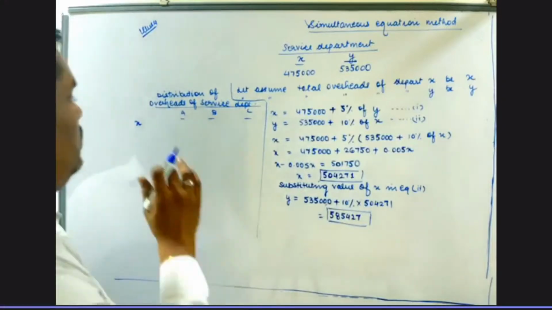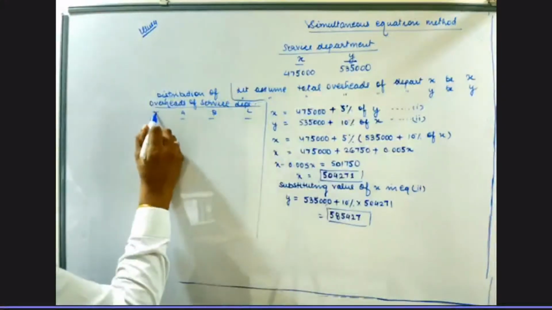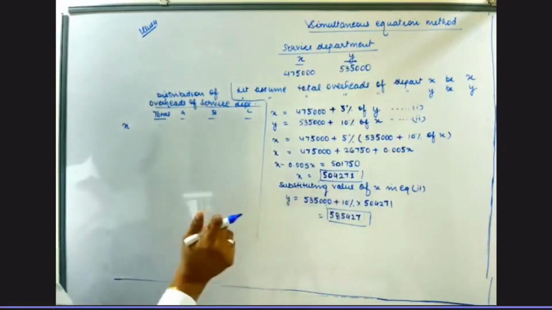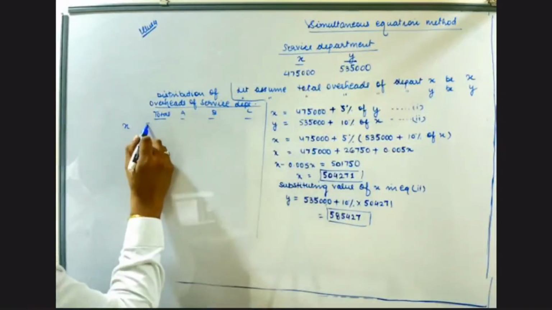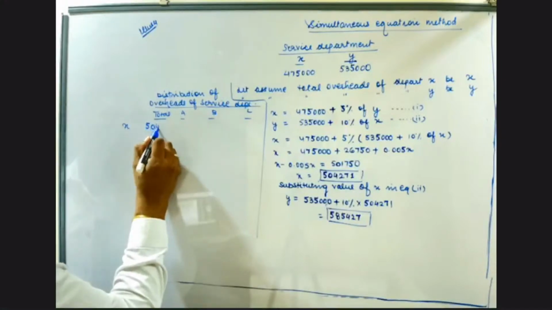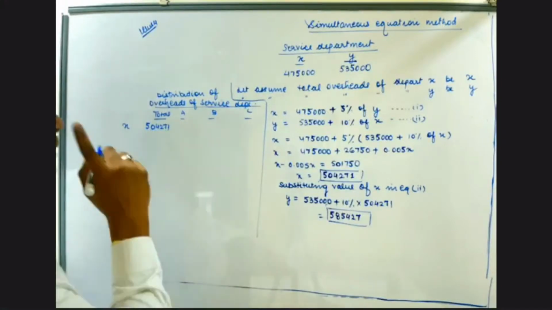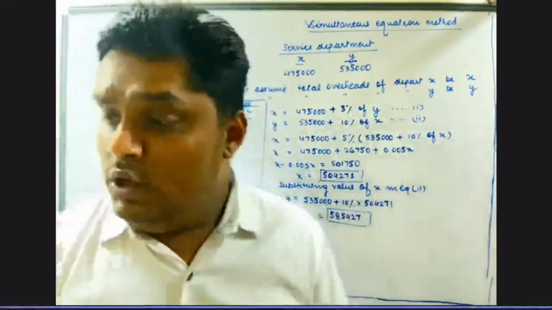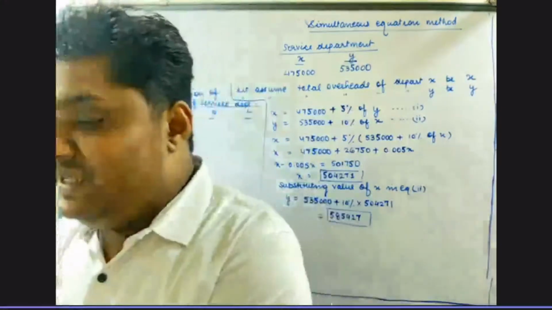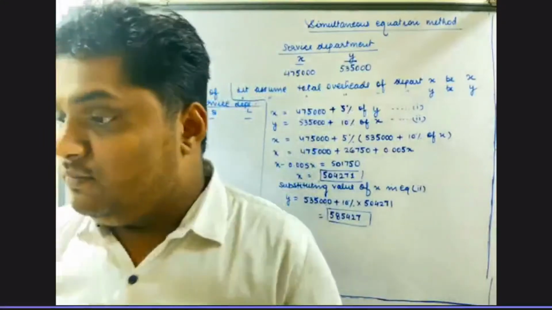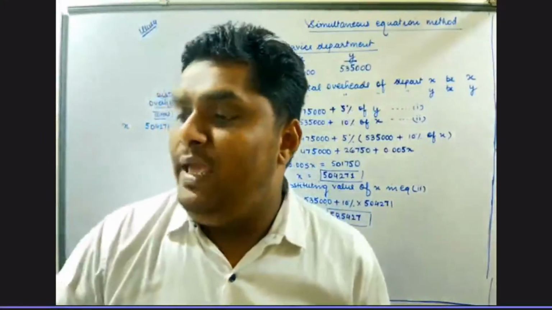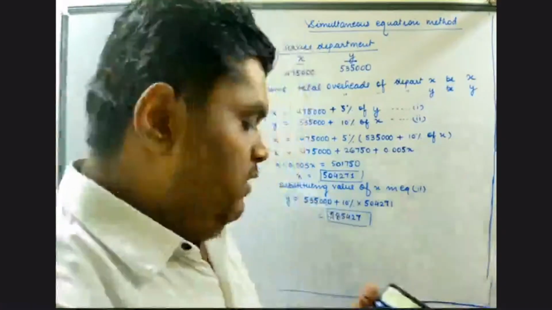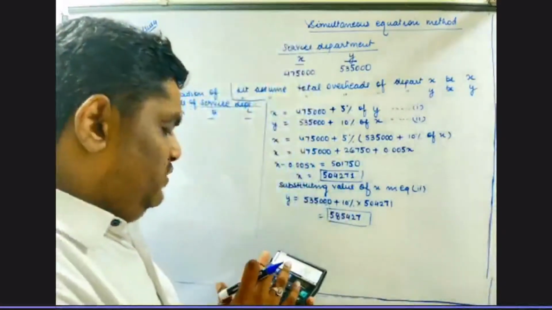So the total overheads of X are how much? 504,271. So this will be distributed to A, B, and C in 45%, 15%, and 30%. So 504,271